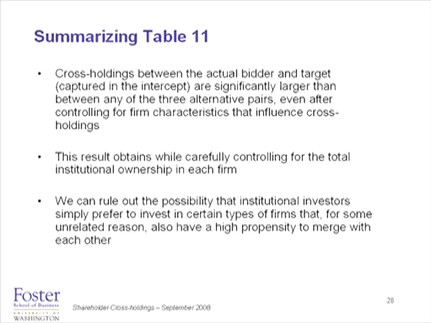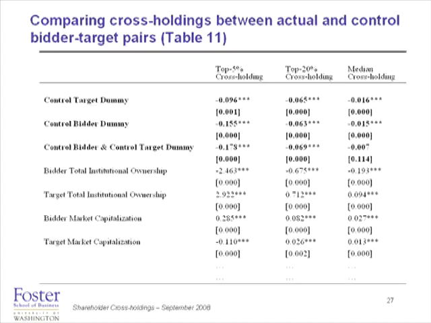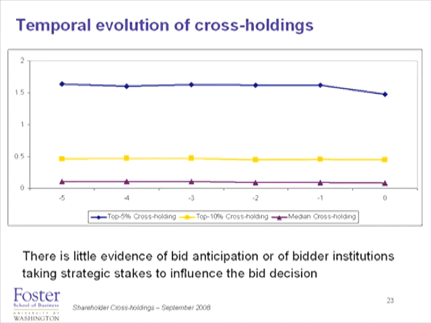There again is this possibility that we're missing some characteristic that's leading institutions to hold this pair of firms and for this pair of firms to merge. But we've tried to pick every characteristic that's typically thought of as a reason why two firms would merge. So we could be missing something there, but like I showed back here, it would have to be a characteristic that they chose on a long time before the actual merger decision.